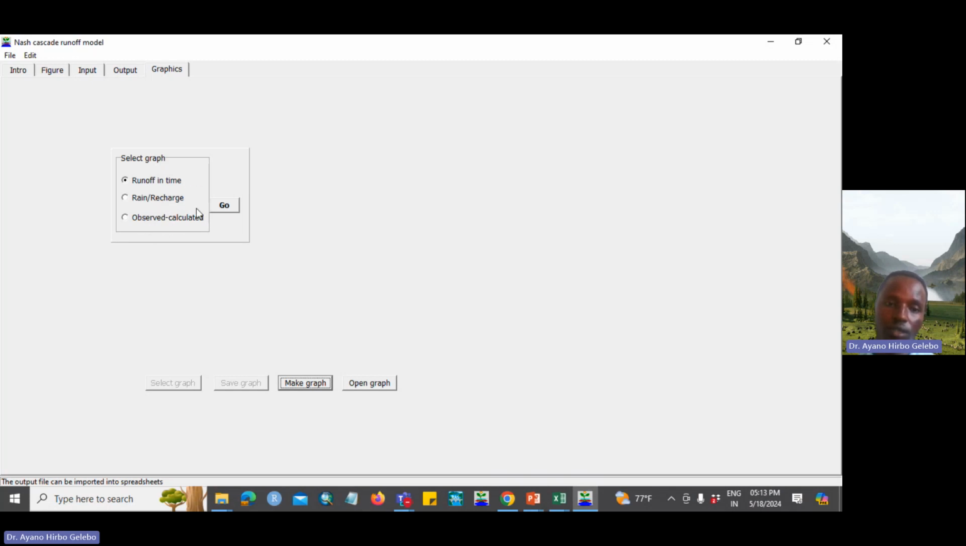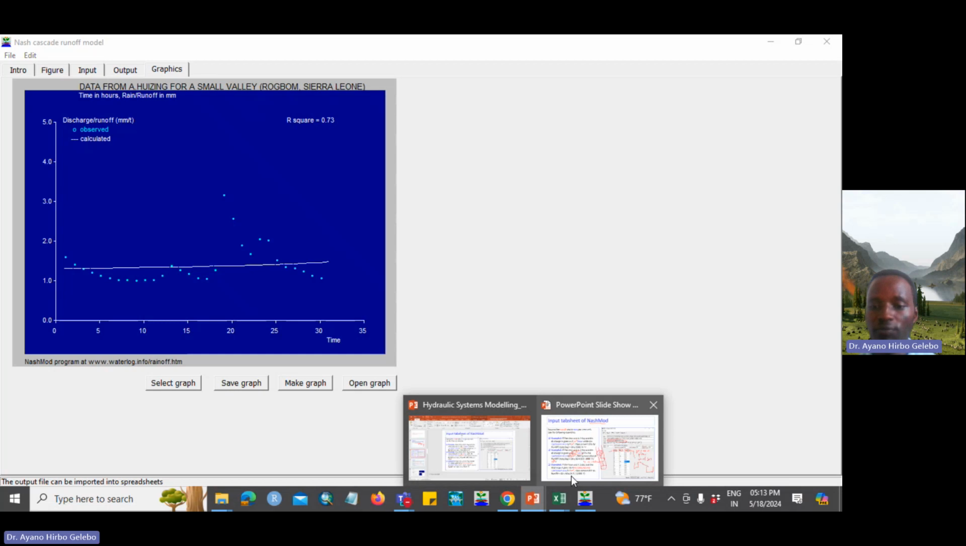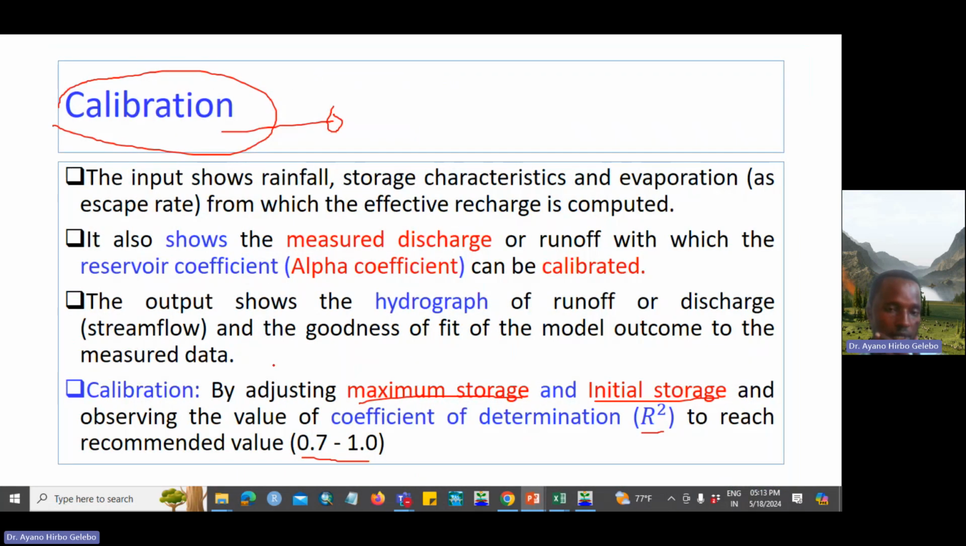Okay, we can see these three outlines, and the other point you should take care of here is the R square, as we call it. That is helpful for the model calibration. So in this case, this Nash model will be calibrated by adjusting the maximum storage and initial storage and observing the coefficient of determination to reach the recommended, optimal value. That will be in a range of 0.7 to 1, the optimal value. Okay,